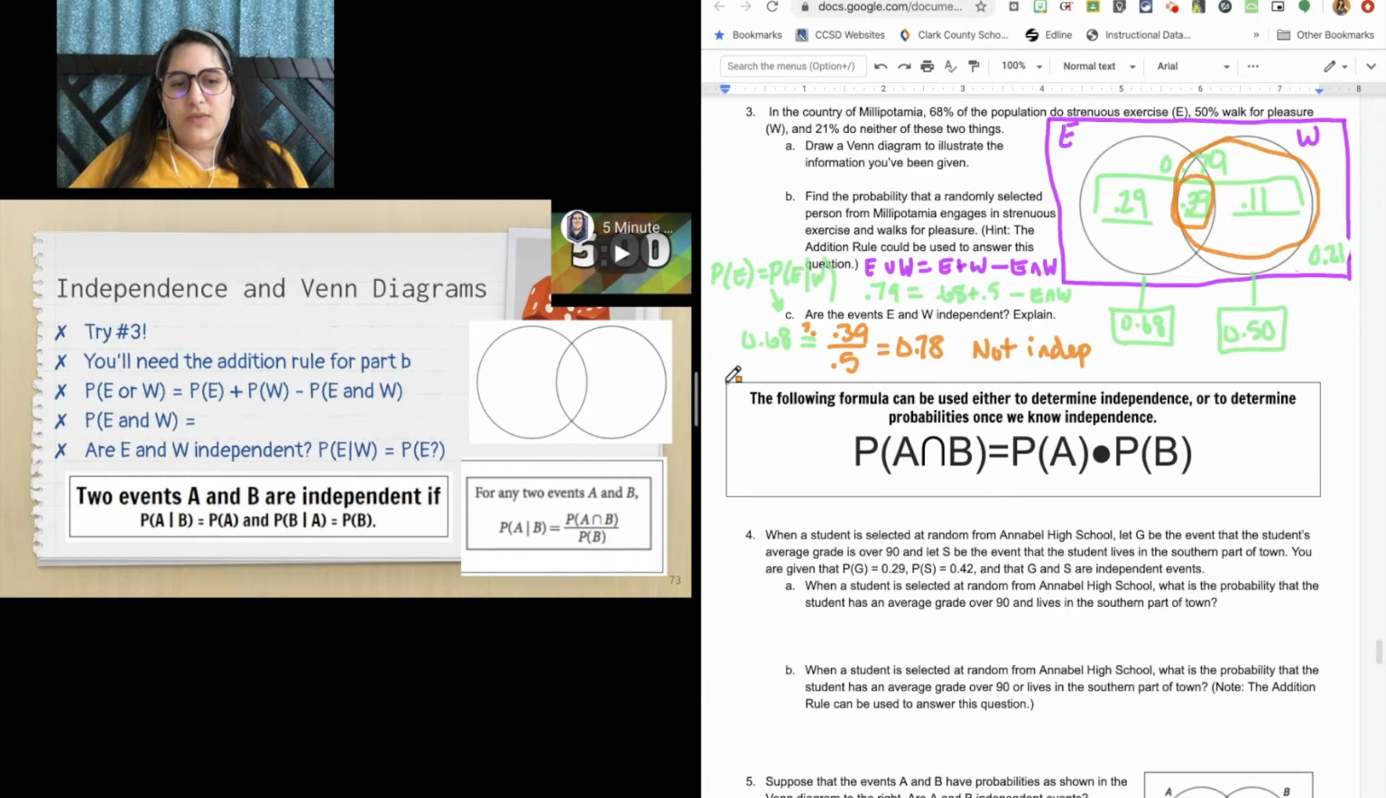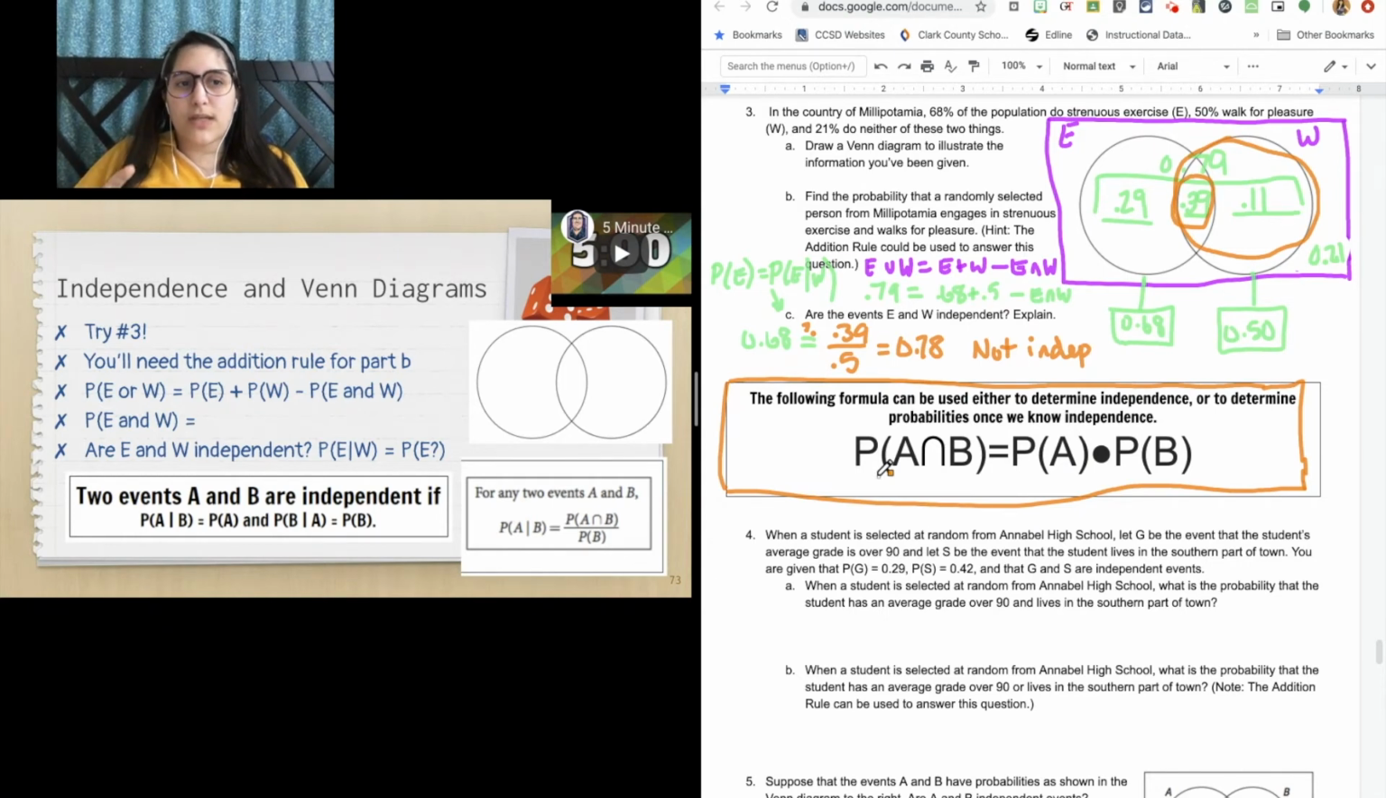So this right here that I'm boxing for you in orange, this is the multiplication rule. Okay, so if you know that two events are independent, then you can multiply their probabilities together and get the and probability. Now, again, this only works if they're independent. So if you know the and probability, so like up here, we know that the and probability is 0.39,